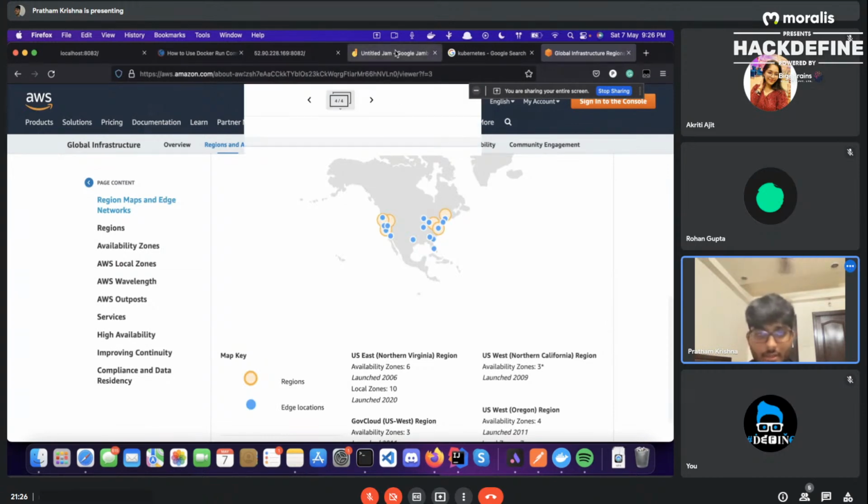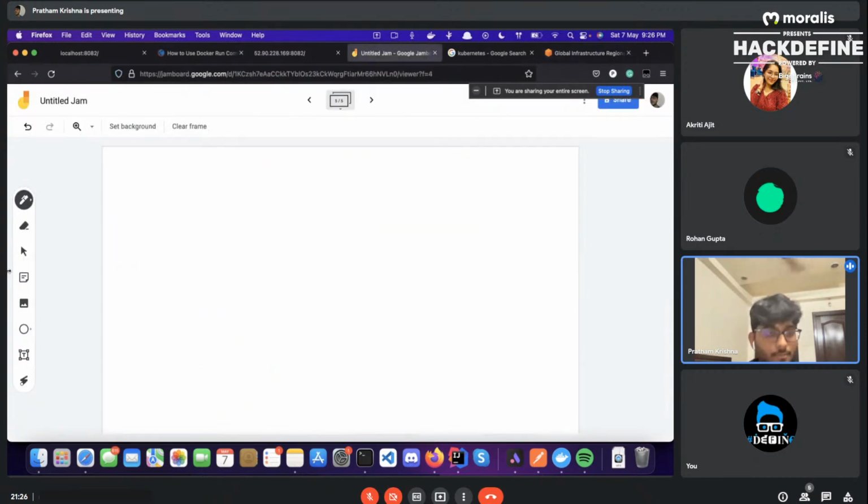So let's actually start with S3 buckets. S3 buckets are Simple Storage Service. What it does is it stores certain static files for you. So you can use any file that is stored in S3 in your EC2 instances or your Lambda functions or anywhere else.